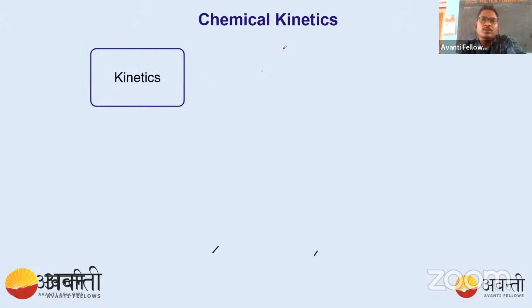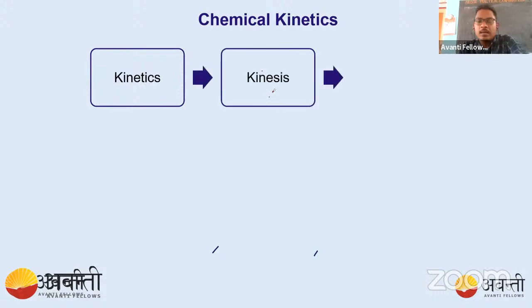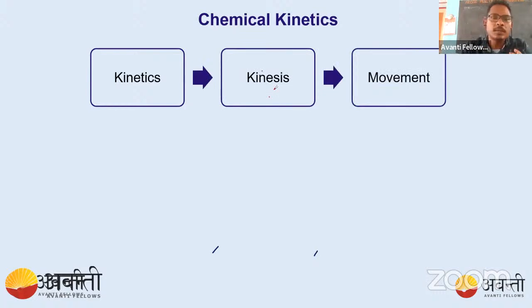Chemical means chemical substance. And what is kinetics? Kinetics means the rate of change. Here in this chapter, we will discuss some changes, or rate of change, like at which rate they are changing. We can say for a particular change, how much time they are taking. Those are things we are going to discuss in this chemical kinetics chapter.